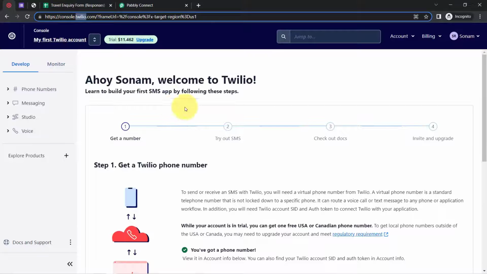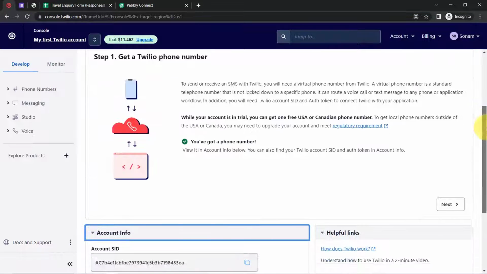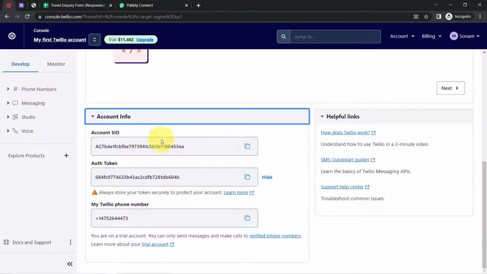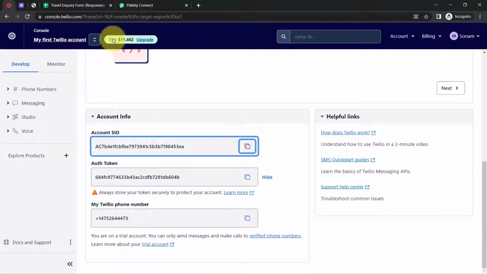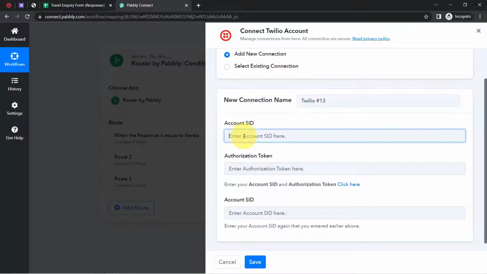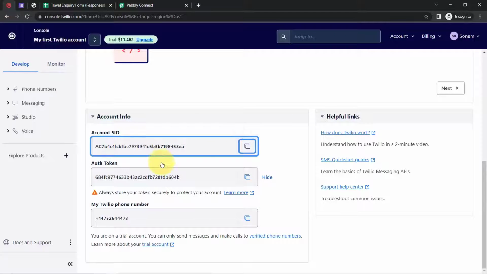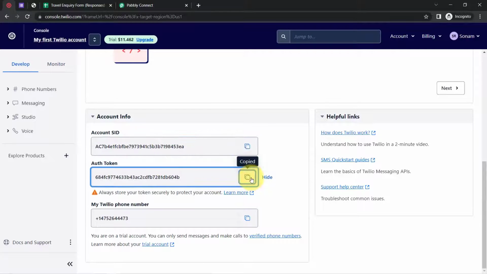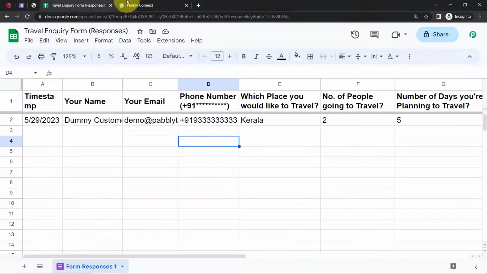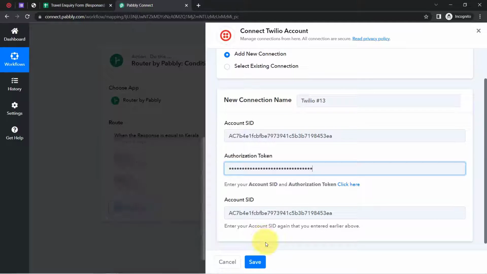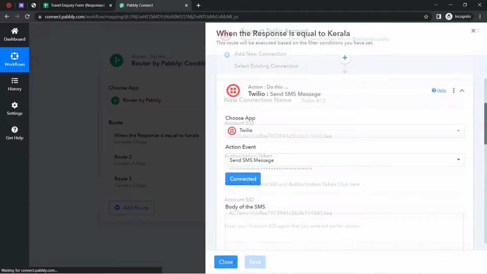In the dashboard of Twilio you can find all the necessary options, that is the account SID. Let me copy the same, come back to the Pabbly Connect dashboard, and paste the same at both places. Finally it is asking for the authorization token. So here we have the authorization token as well. Let me copy and paste the same. Clicking on save,